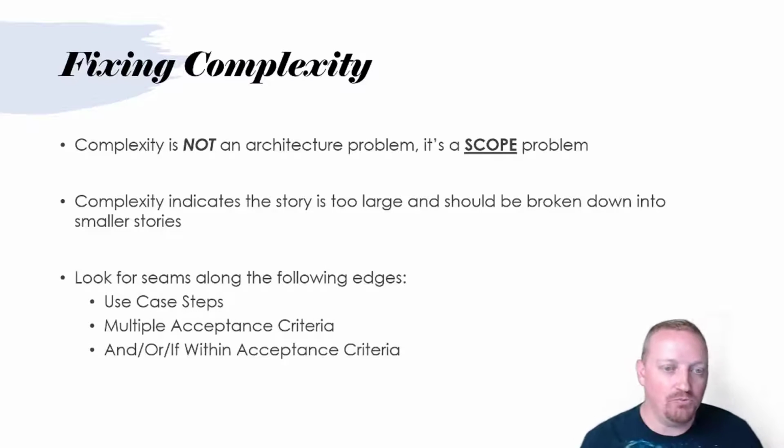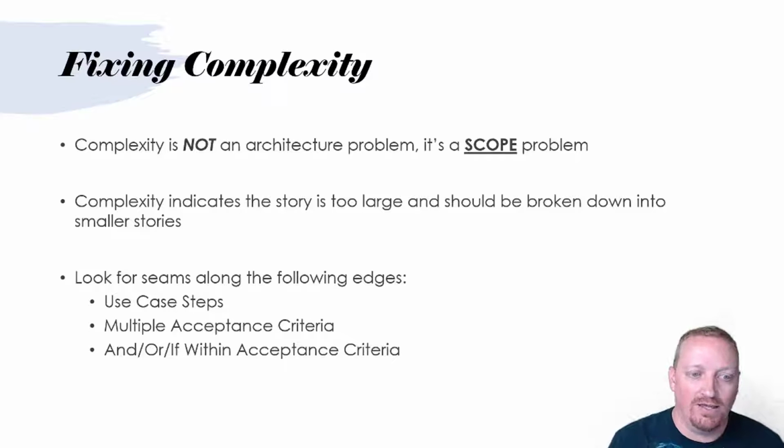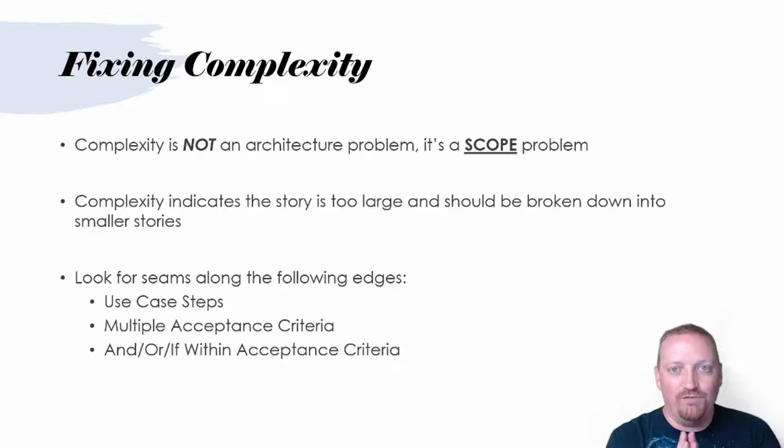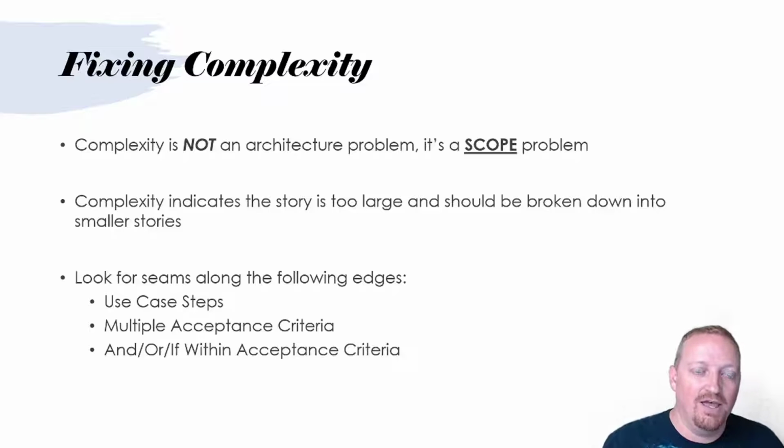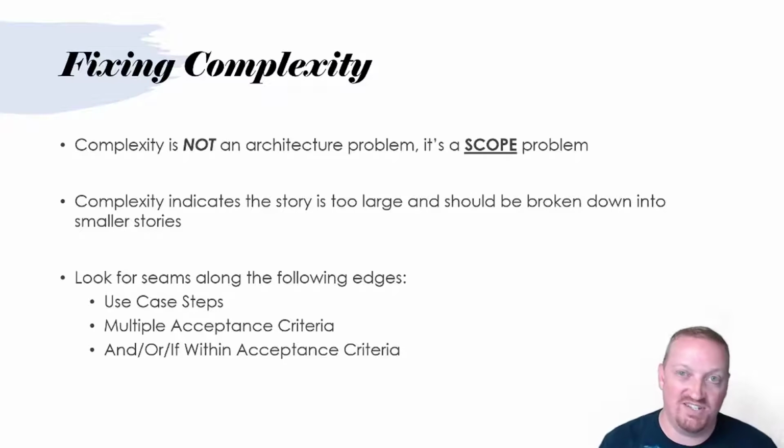And there are ways that we can look for seams within those stories, that one big giant story. There are typically some areas within that story that we can find to break that story open into other stories, right? One or more other stories that are really a part of this story that we originally wrote. So those edges can be the steps in the use case workflow, and we'll talk about the use case workflow in just a moment and look at those steps. But you can identify some of those seams based upon the steps that you expect the user to take going